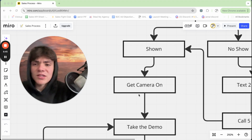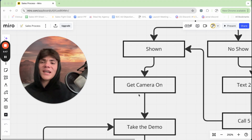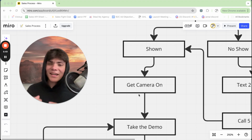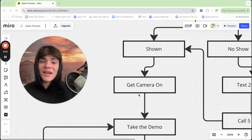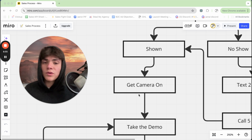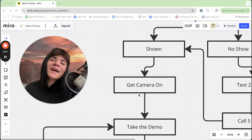And then they can kind of tell you, because there's a lot more that's being said with their body and how they're acting and how they're paying attention and if they're actually listening than sometimes their words. So getting their cameras on, really important. How we do that